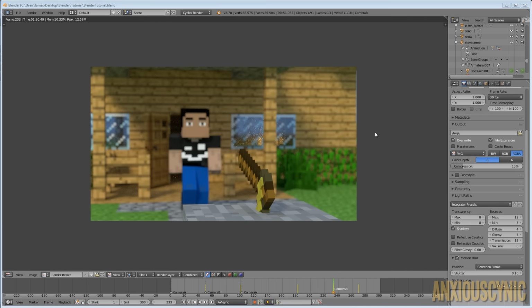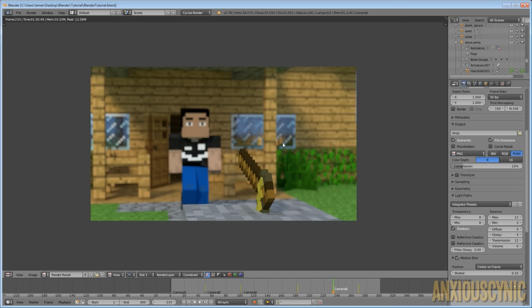All right guys, so there's our rendered frame, and as you can see, there is no unwanted blurriness. All this blurriness here is of course due to the depth of field, and our hoe here is in focus. I need to check that actually. We'll check in a moment here, but as you can see, there is no motion blur. It's only the depth of field blur that we're getting in this shot here.